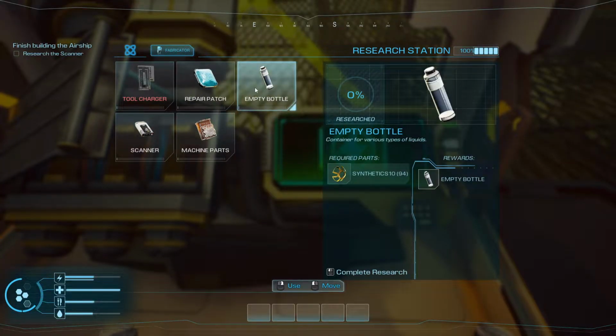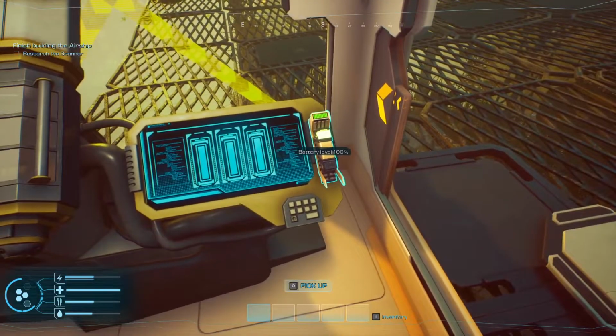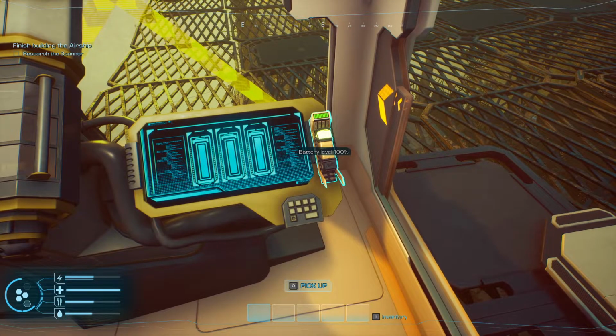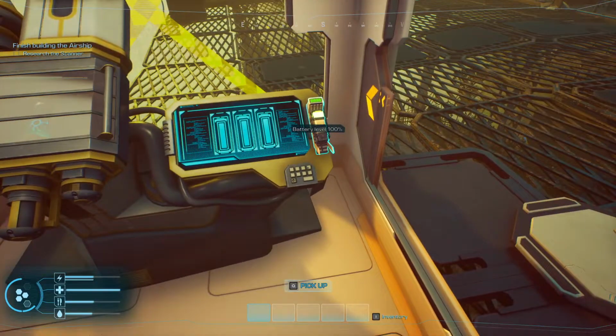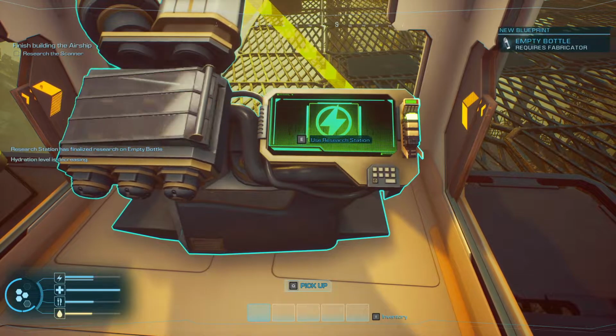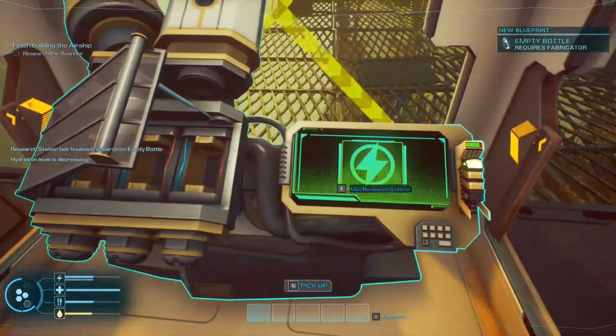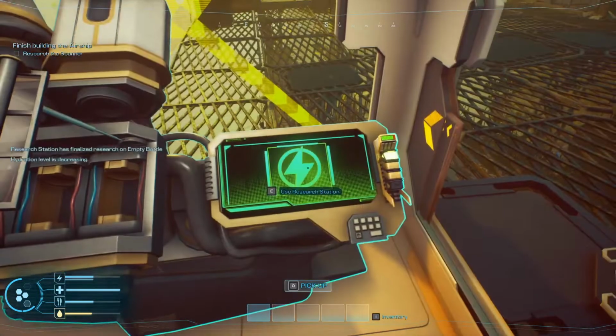available. So an empty bottle requires 10 synthetics. We have 94 right now. So we can use 10 synthetics to research the empty bottle, and the battery level will go from 100%. Every time we use it, it will go down. And so what we want to do is make sure we research all of the things that we need. So now we can see, if we research again, okay, if we come back out,